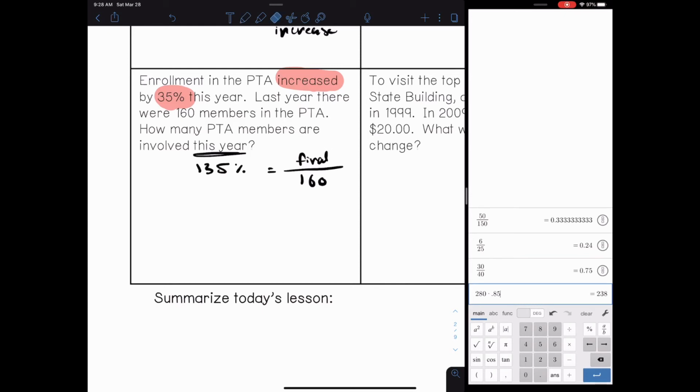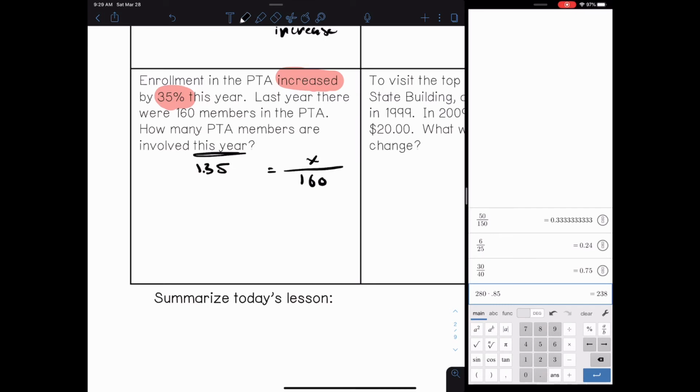I'm missing the final amount, so I'm going to put an X value in for that. Again, the reason I know to do this is because they gave me the percentage already. So I know this is not one where I'm looking for the percentage. I'm looking for either the original or the final amount. So, like I said before, this right here is no good to us. This needs to be a number. So change this to a number. Move the decimal to the left once, twice. And so it's going to be 1.35